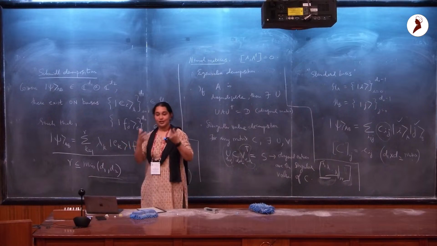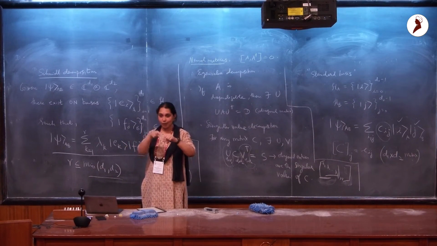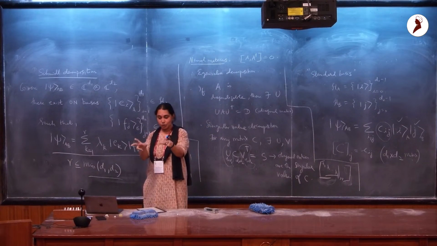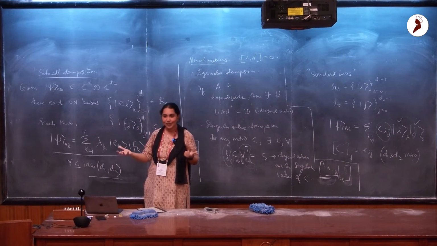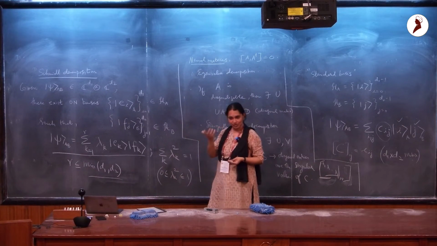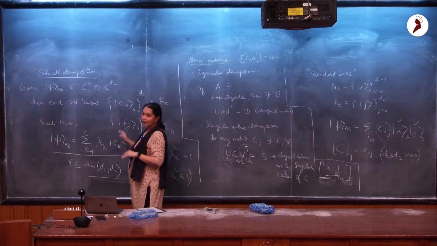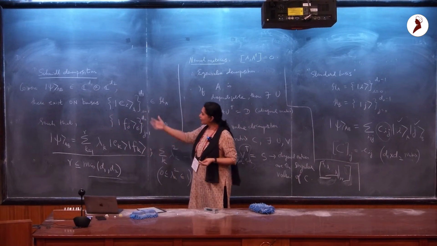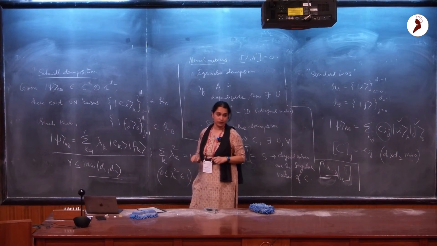Now, what do I do if I have a multipartite system? And of course, in a multi-party system, which entanglement am I talking about? Am I just talking about entanglement between two subparts of the system, or am I really talking about entanglement between every part of this multi-party system? So there are various questions that you can ask there, many of which we still do not have the answers for. But as far as pure bipartite systems are concerned, the Schmidt decomposition pretty much solves the problem for you.